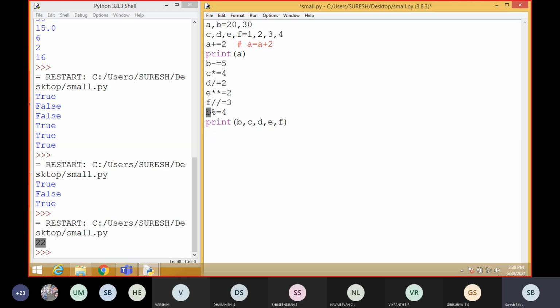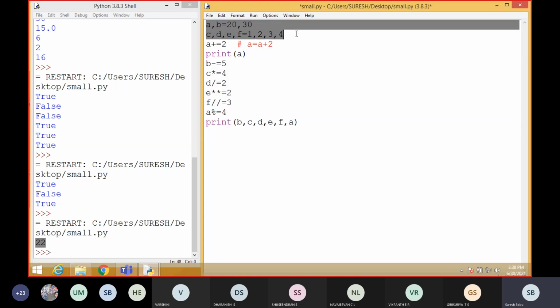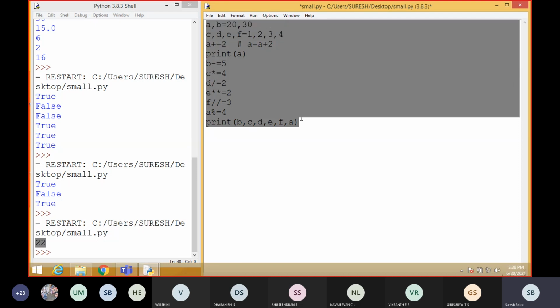Understood, everyone? And see here the last one, again I am using B, so instead of B, I am going to display A. Kindly do this one alone as homework. Take all the values, continue everything and give the answer.